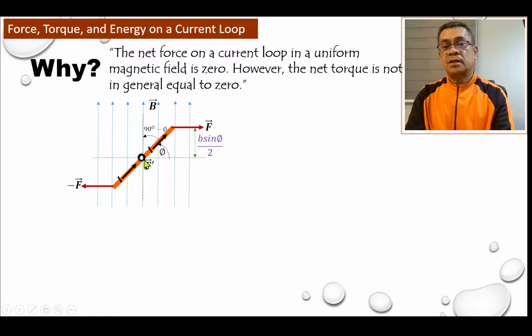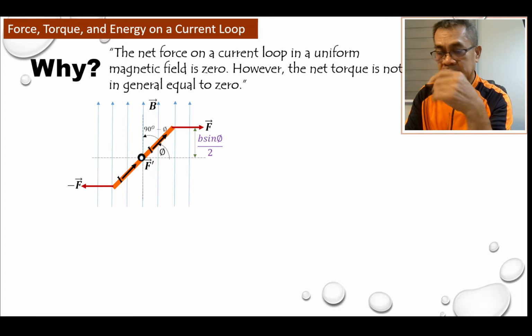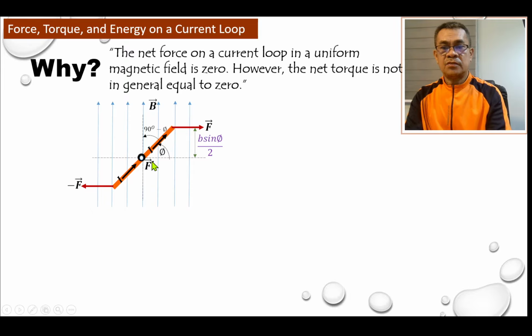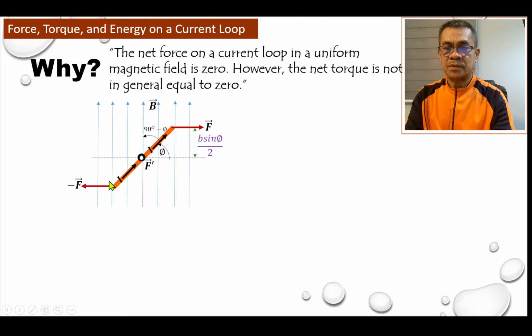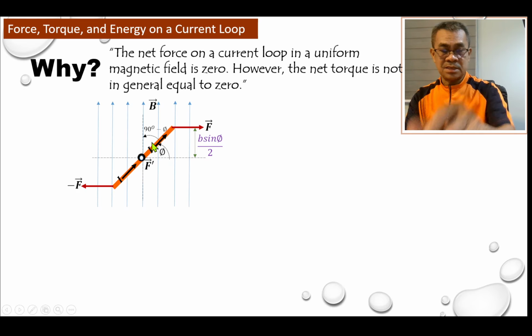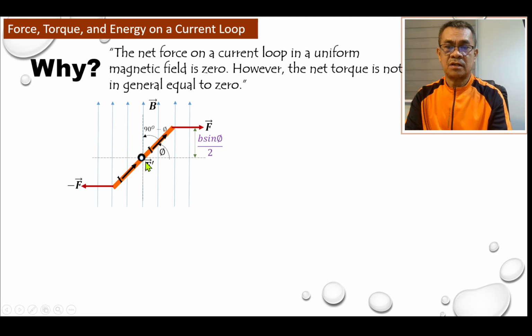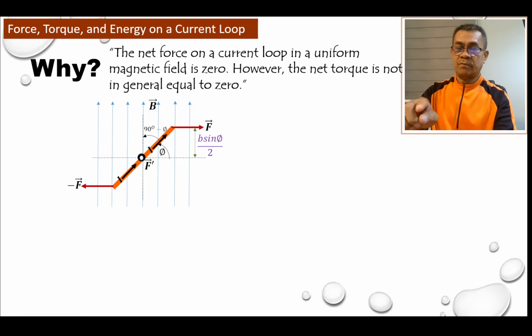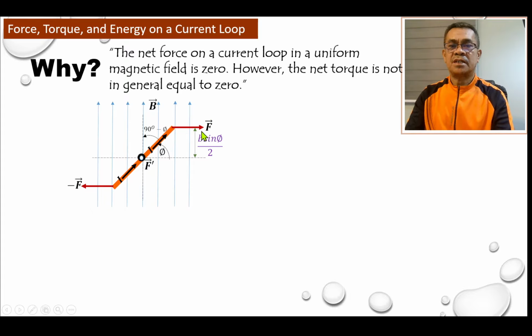Okay, so remember that this point, like we have the force outward, the opposite is inward. So therefore, the two forces don't have torque, but these forces, towards right and towards left, will create a torque with respect to this axis, which means that this system, this rectangular loop, will rotate with respect to this point. So since it rotates, there must be a torque, because torque is the force multiplied by the moment arm. So this is the force and this is the moment arm.